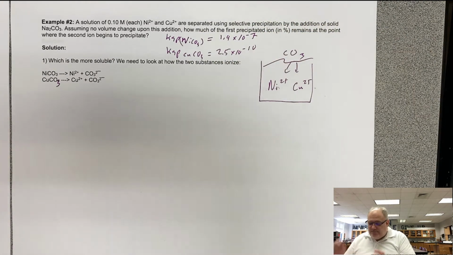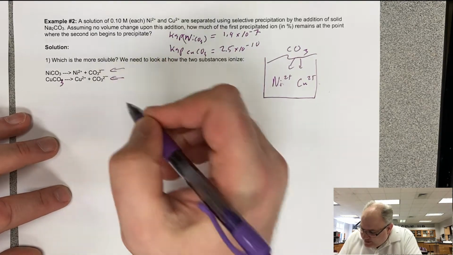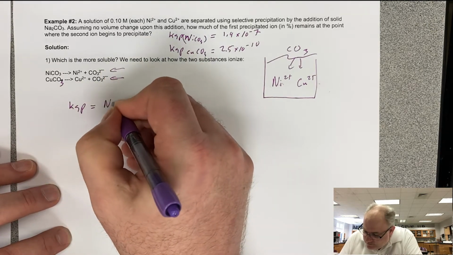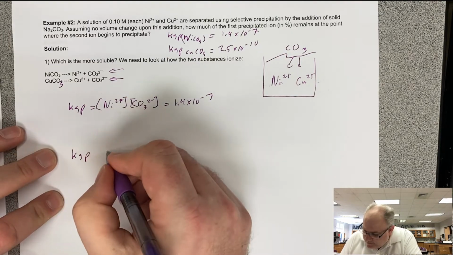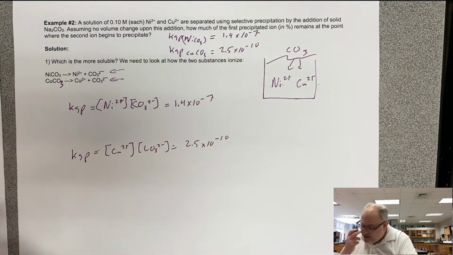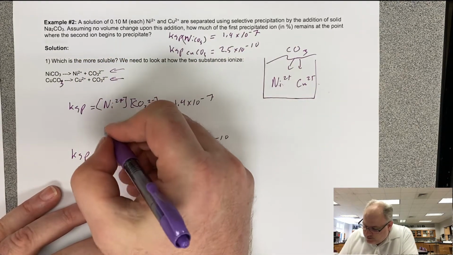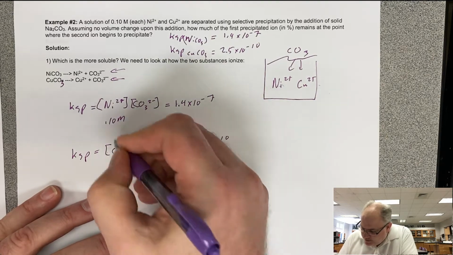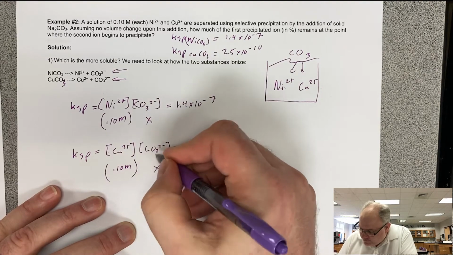I'm going to do the exact same process. Let's do this kind of quickly. I'm going to do the Ksp for this and the Ksp for this, and we're going to see which requires less. Now, they give us in the problem 0.10 molar of both of these, so we know we have 0.10 molar here, and we have 0.10 molar here. So if we have both of these, can't we solve for X, or solve for our CO3 2- in